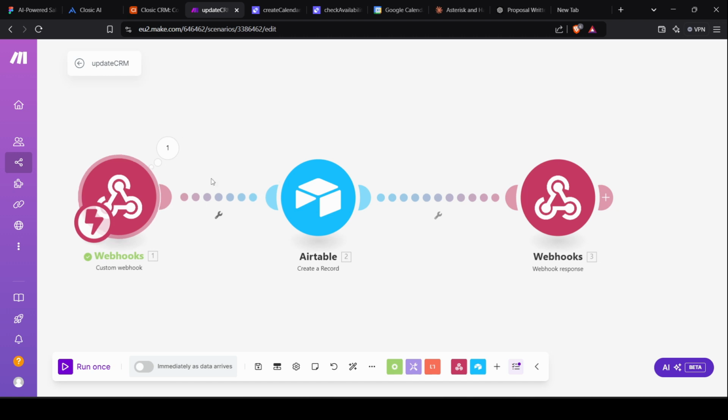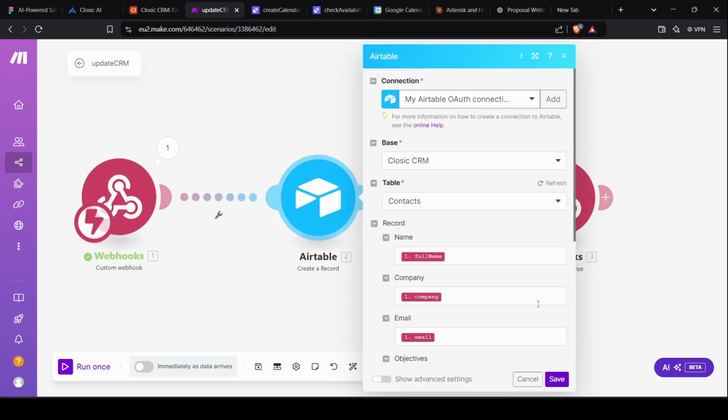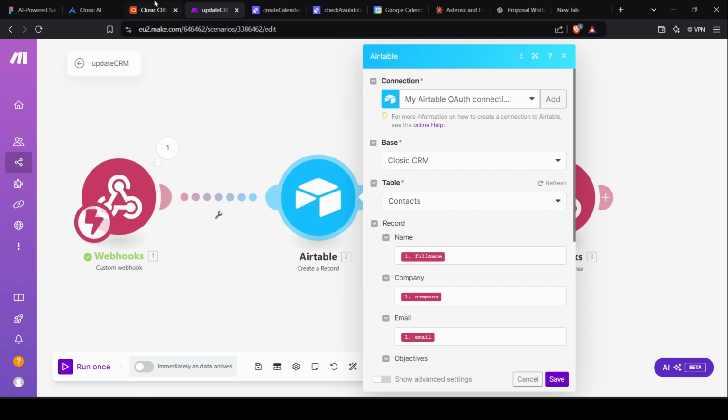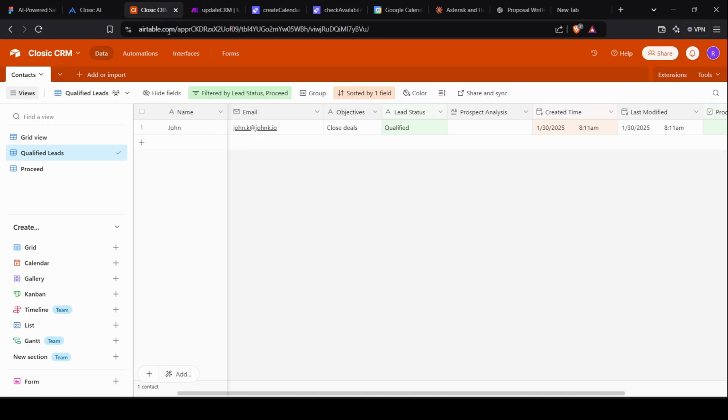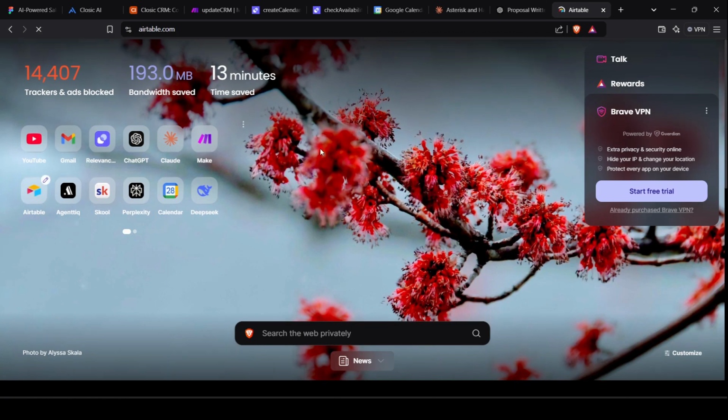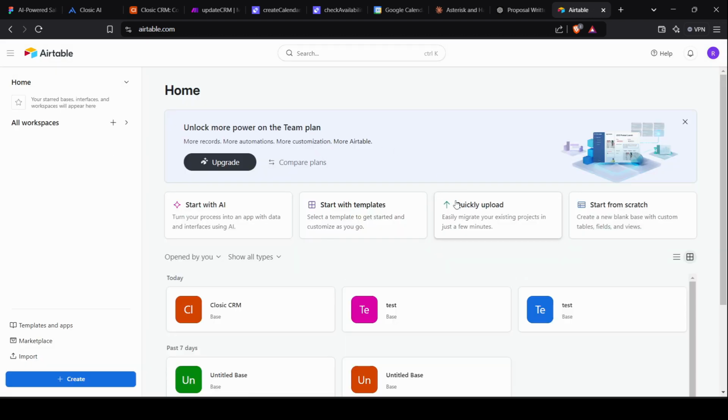And then we can connect this to Airtable, and then we can create a record. It's really simple. I built this classic CRM. You can simply go to Airtable. You can simply go to airtable.com, and there are some options, but I prefer to go with this start from scratch